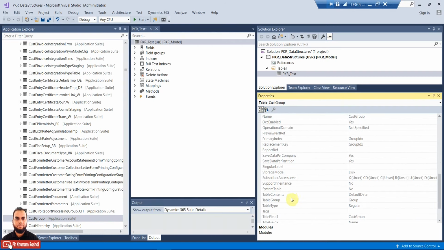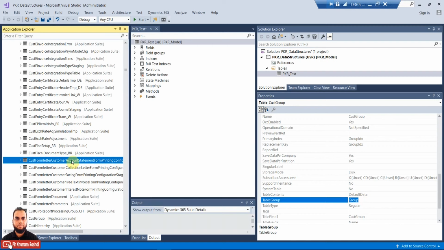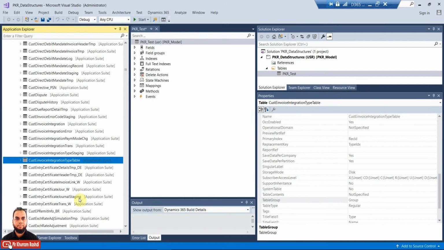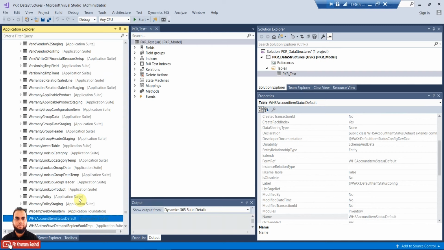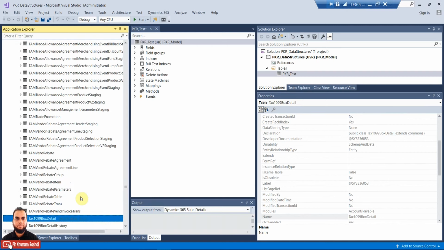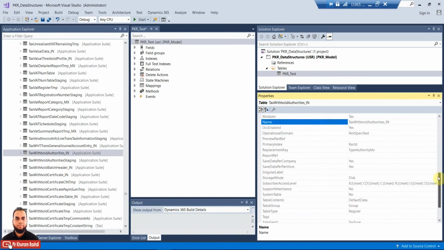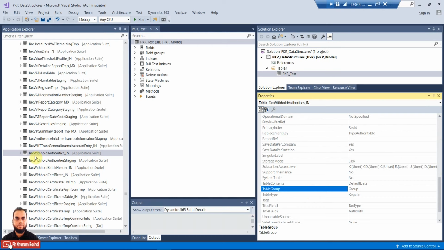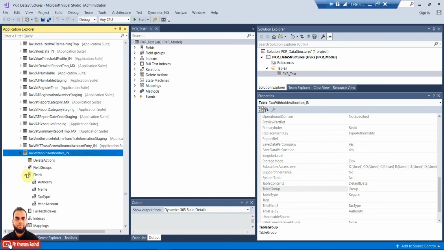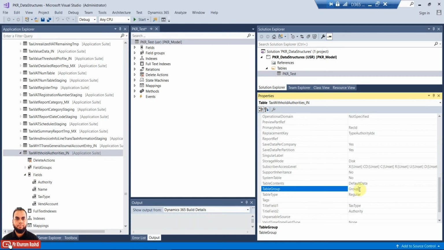If you go to the table group here, it has the table group property value of group. The same is true, for example, if you go to tax withhold authorities here. This is basically a localization table. Anyhow, the tables which are holding a few fields will only have this kind of group.